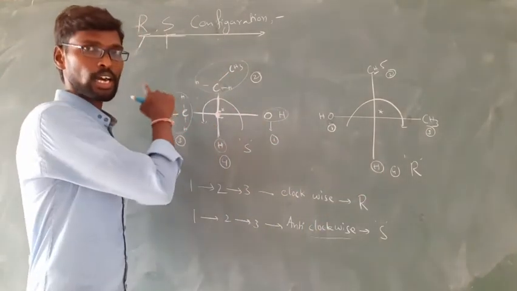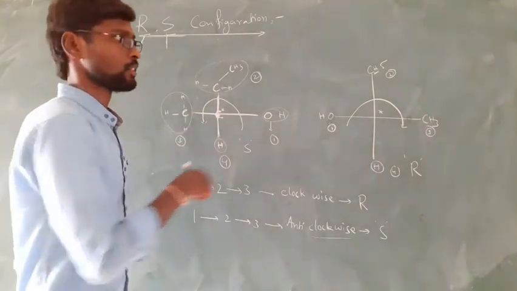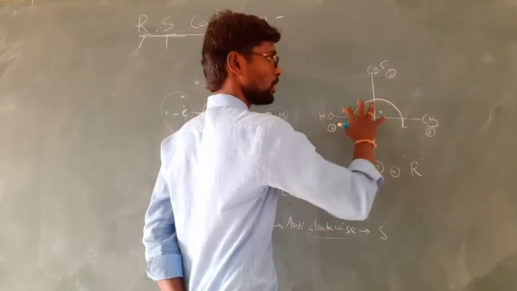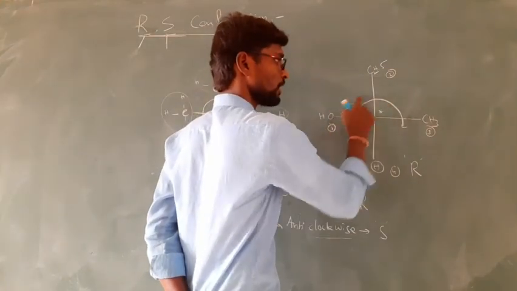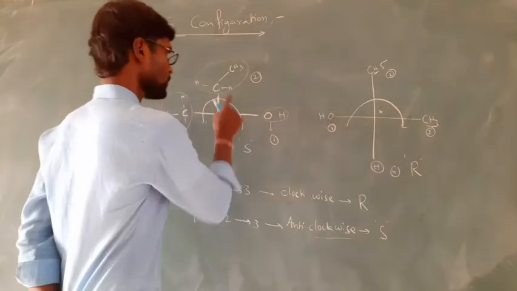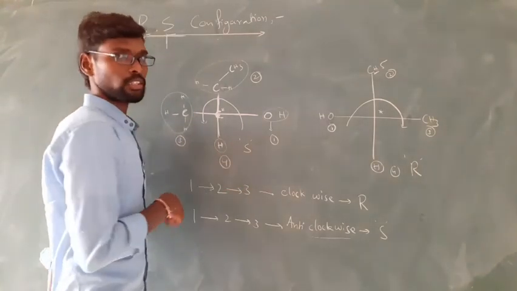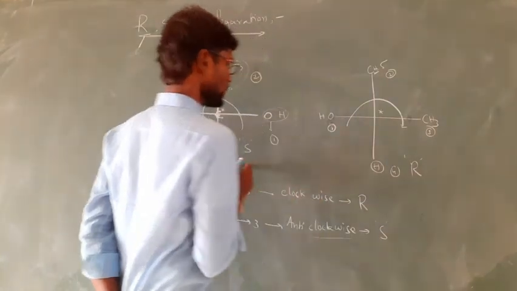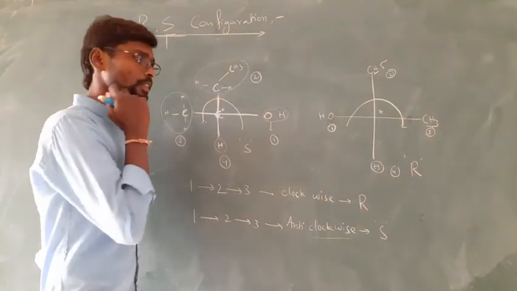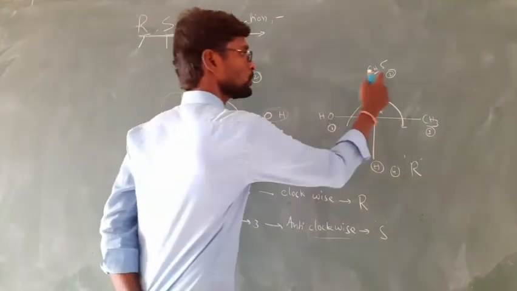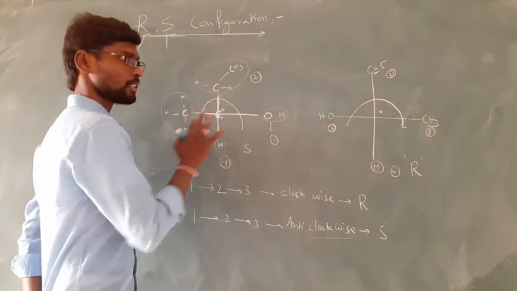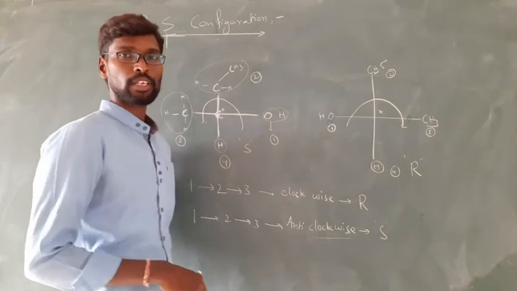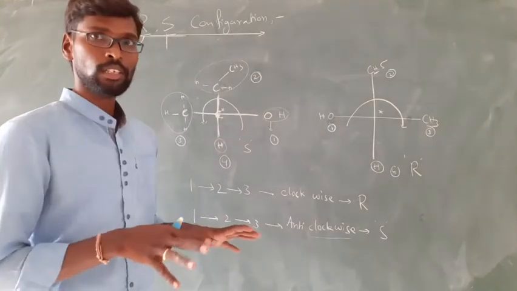So we discussed that R means right hand and S means left hand. So here clockwise means the molecule is rotating in the 1, 2, 3 directions. These are on the right hand side. Now here 1, 2, 3 directions are on the left hand side. That is the meaning of R and S. So here R means rectus and S means sinister. These are Latin words. So 1, 2, 3 and 1, 2, 3 are the giving numbers. So this is one type of representation of a molecule.